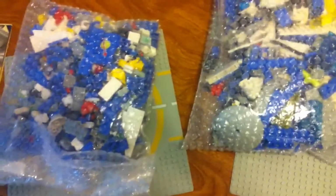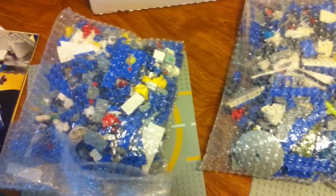And so, oh wow. All the printing on all the emblems looks like new. I mean, you wouldn't know this set was 40 years old. Or about 40. Yeah, little antennas. So I'm going to go ahead and build this and see if it's all there and see how I made